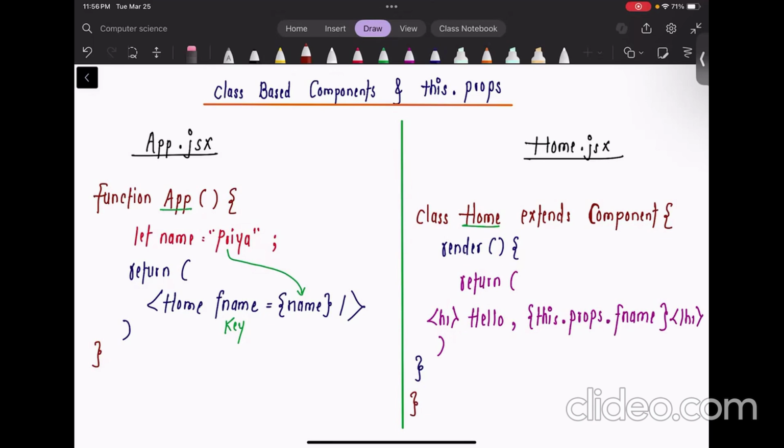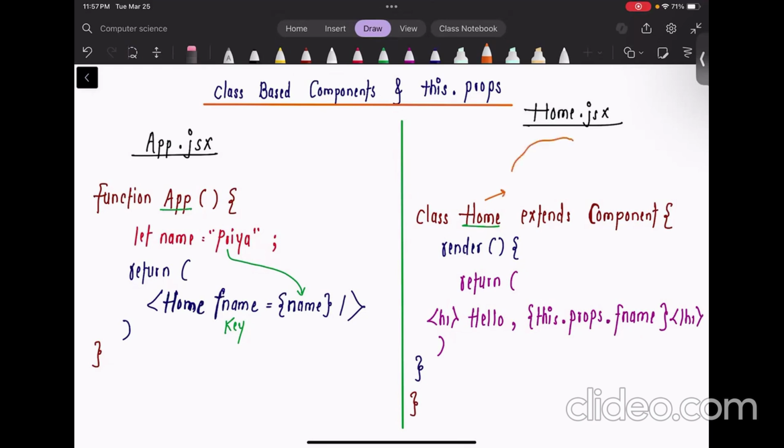Okay. So now in this case, let's see how the code works. What data are we passing while calling the home component? If you check here, this is the calling of the home component, correct? And we are passing one key fname, and for this the value is Priya, correct? So now this home component already has one object. I'll just move it a little bit here. Okay. Your home